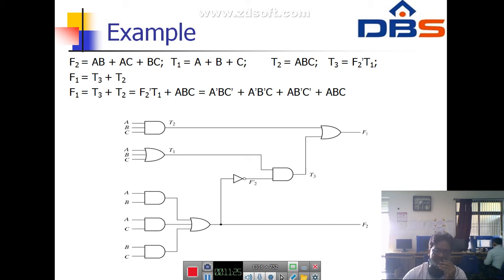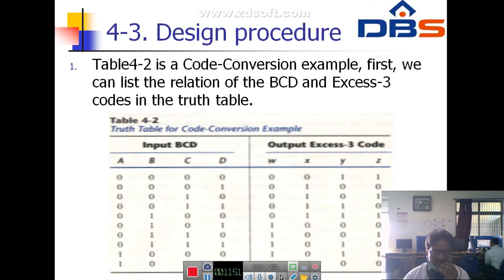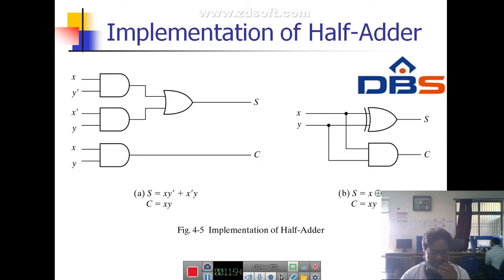Whenever we have a Boolean function, we have to design from that Boolean function, using logic gates, any type of combinational circuit. One of the combinational circuits is a decoder. A decoder is a multiple-input and multiple-output logic circuit that converts coded inputs into coded outputs, where the input and output codes are different.